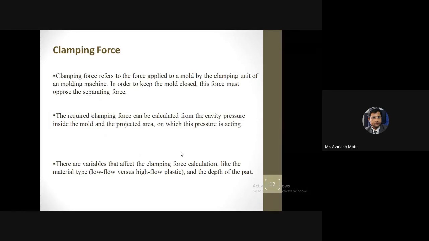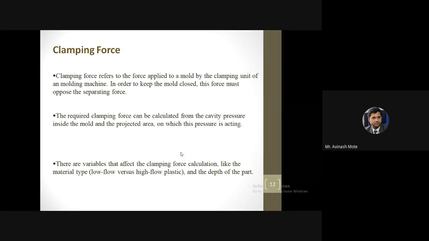So the system or setup should overcome that pressure, and the force required to overcome this reverse force is nothing but the clamping force. Ultimately, what I want to tell is that it is the force required to close the mold effectively. Why is force required? Because there are reverse forces because of the trapped gases and because of this extra material.